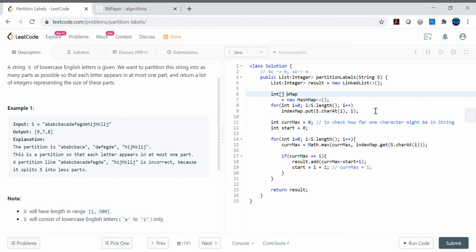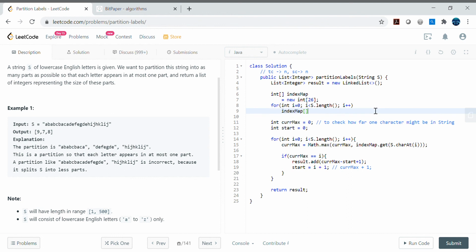So let's say the index map, the same name. We can have int 26 here, because these are the 26 characters in the form of integers, right? And then we can get rid of this code here.